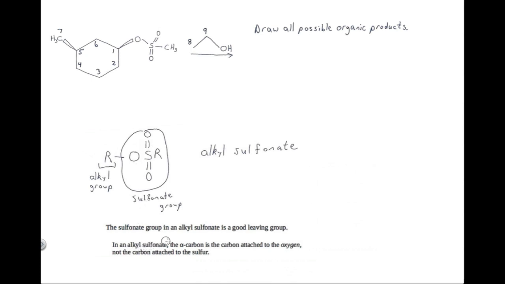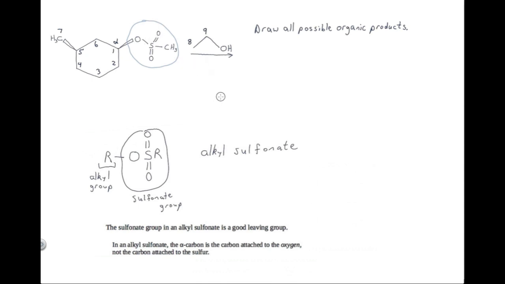In an alkyl sulfonate, the alpha carbon is the carbon attached to the oxygen, not the carbon attached to the sulfur. So over here, the alpha carbon is carbon 1, not this carbon. That's one reason why there was no need to number this carbon. So that would mean that this is the sulfonate group, and this is the alkyl group, a carbon chain connected